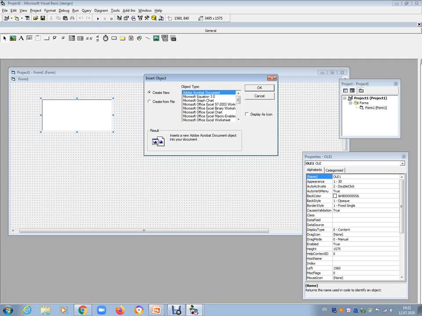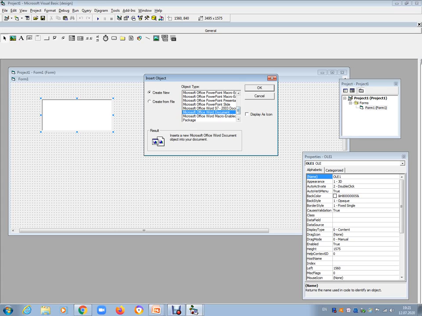That is Create New. Here Create New means choosing which application will be created for your new file. Suppose we create a Microsoft Word document: just select Microsoft Office Word document, or Excel or PowerPoint slide, anything.